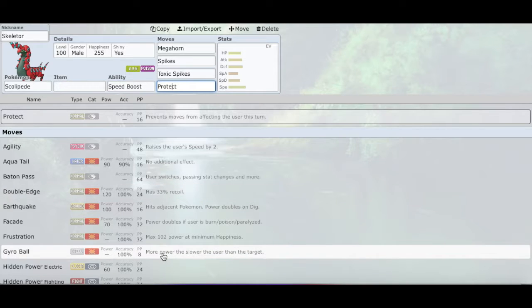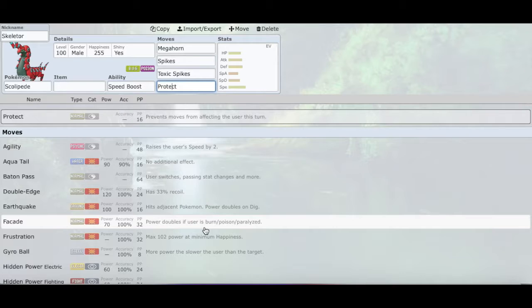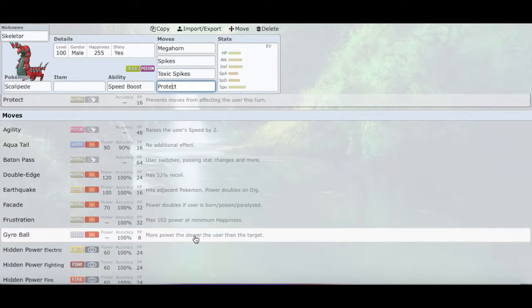I think it's hilarious that this thing gets Gyro Ball and Speed Boost. Like, why? This is probably one of the fastest mons that gets Gyro Ball, but I could be wrong. Someone could correct me right now. But yeah, that's Skeletor. So with our next pick, we decided to go with a mega pick, and if anybody